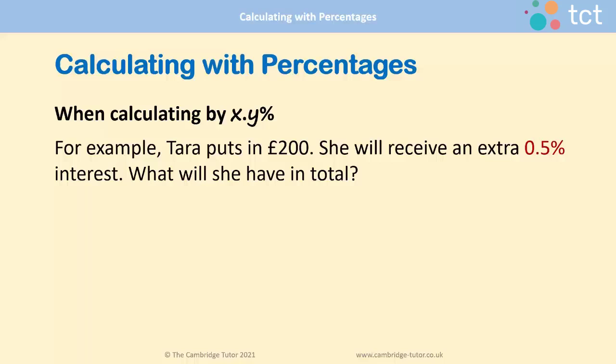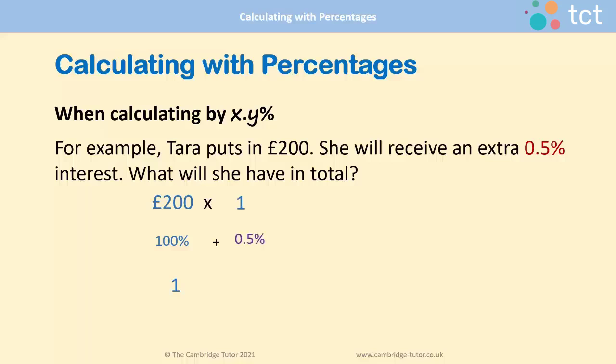If you have a percent that is something point something, for example, Tara puts in £200, she will receive an extra 0.5% interest. What will she have in total? So remember that the £200 is 100% of what she's put in, so that's the whole 1. So we multiply that 200 by 1 and the extra